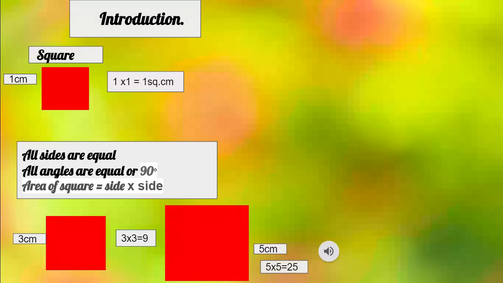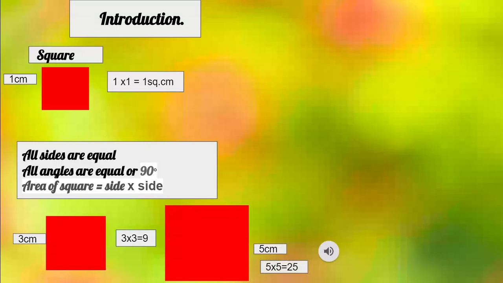Every time you want to find the area of a square, it doesn't matter how big the square is, because the size of the square depends only on the length of each side, isn't it? So whatever the length of each side, every time you find the area of the square, you multiply a number, which represents the side length, with itself. And whenever we multiply a number by itself, what do we get? It's a square. Like 1 into 1 is nothing but 1 square.